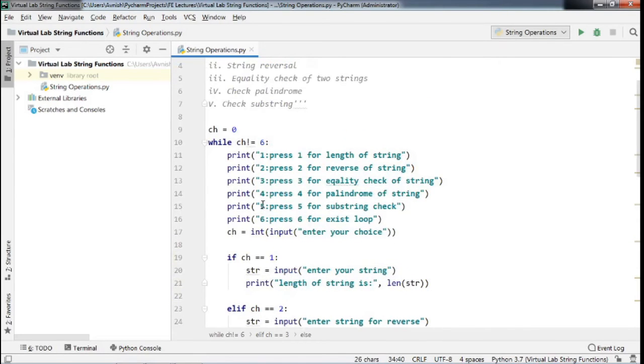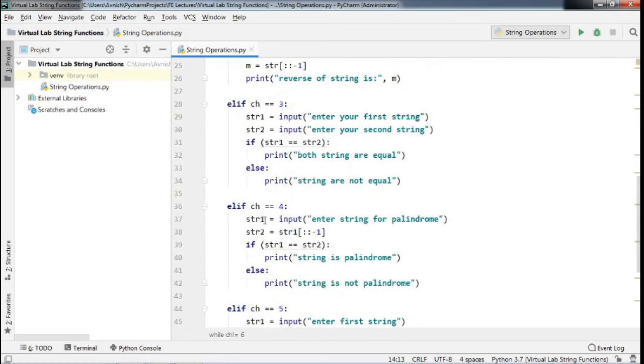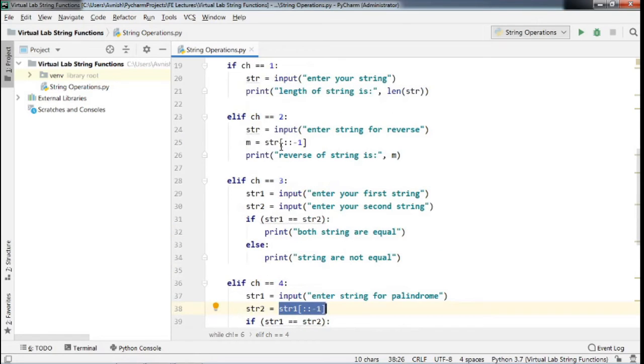Suppose the user gives the choice for palindrome, that means the user presses, suppose, 4. In that case this if condition will be true. If this condition becomes true, we will again accept one string from the user by asking to enter a string for palindrome. We will make the reverse of the user's input. That part we already discussed in our reverse of string by using the slice operator.